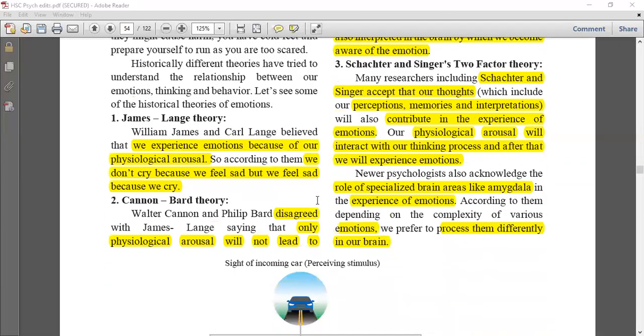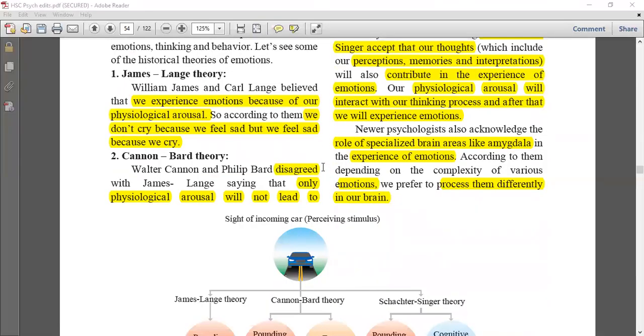We spoke about the theories of emotions, and historically there are different theories established. We spoke about all of the theories, and I'm going to run through all of them. The James-Lange theory of emotion says that we experience emotions because of physiological arousal. So basically they said that we don't cry because we feel sad, we feel sad because we cry. So there's a physiological arousal first. For example,